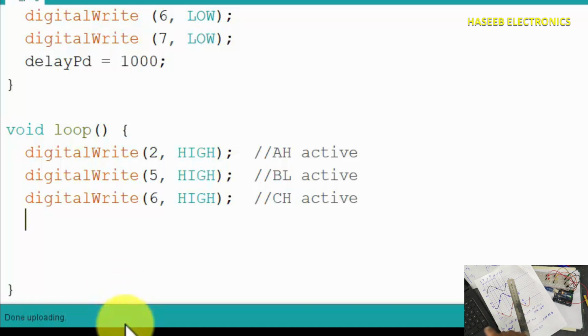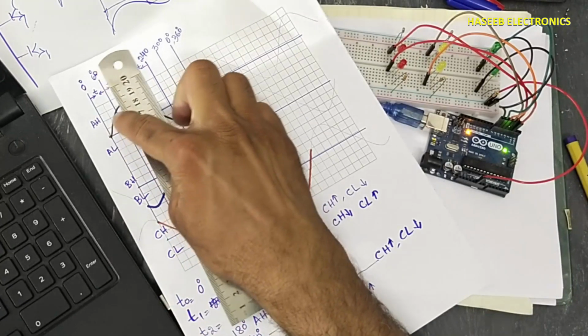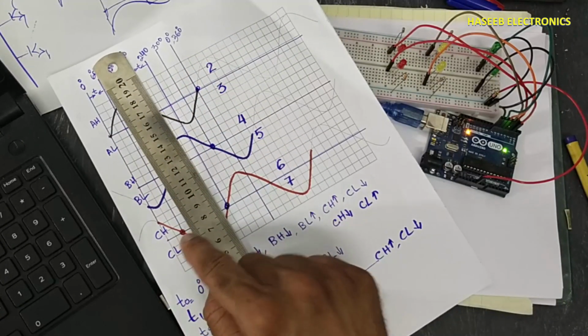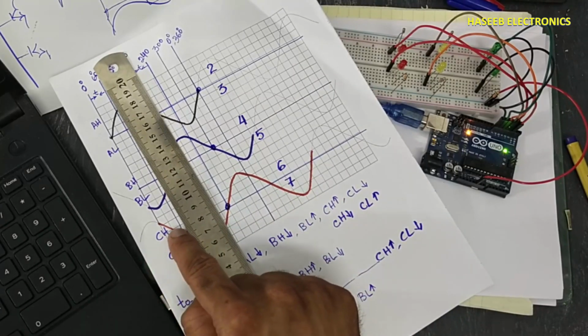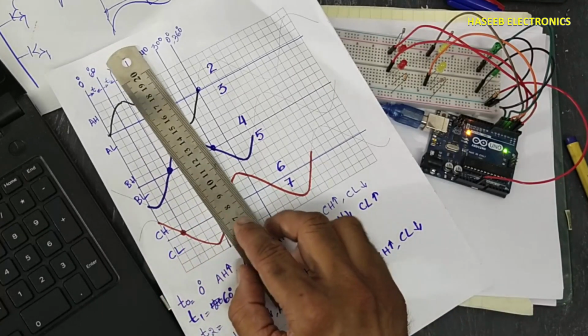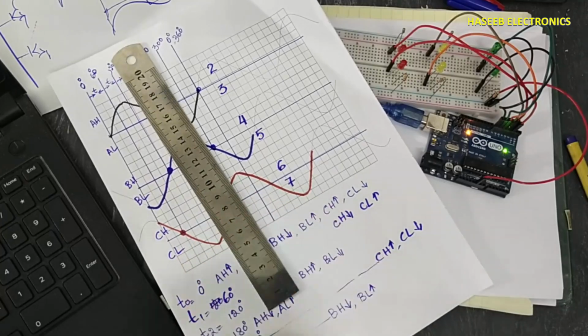After that we will convert it into microseconds. Delay period. This is our first time. At first time what will happen? This is our condition. Phase C high side will low and low side will active.